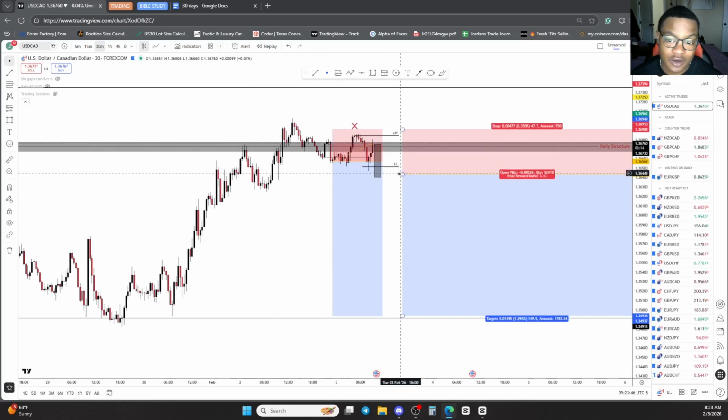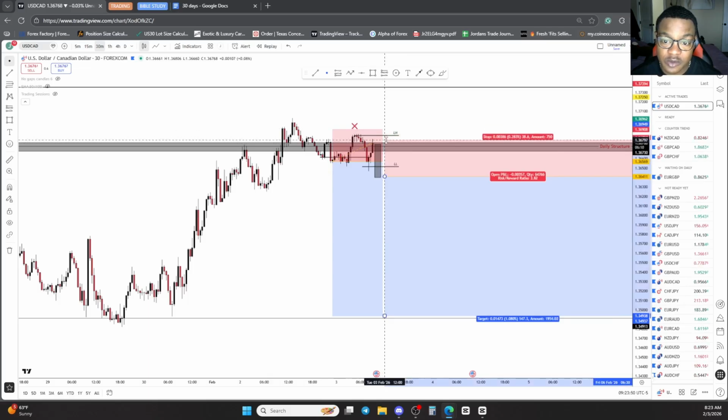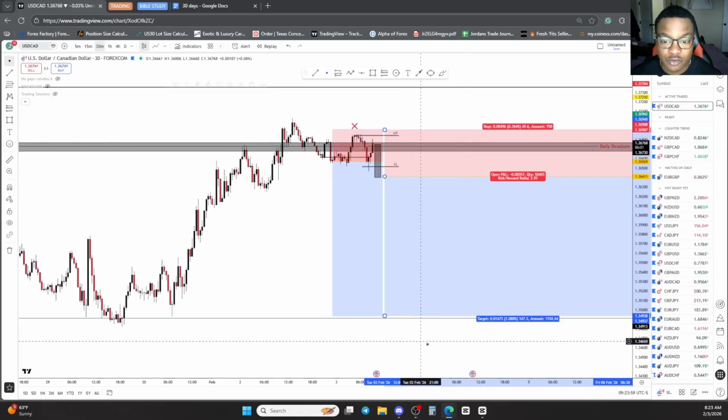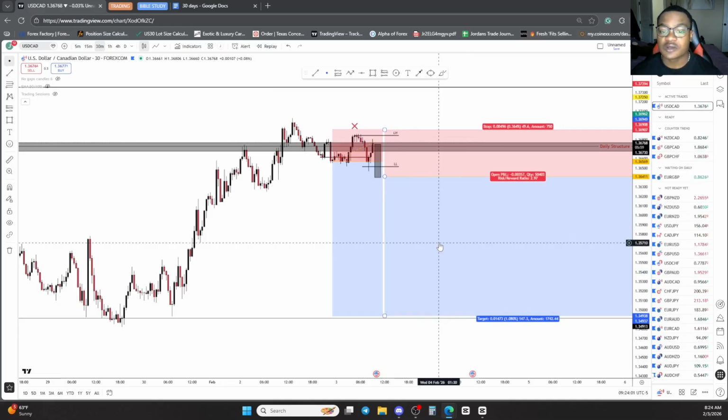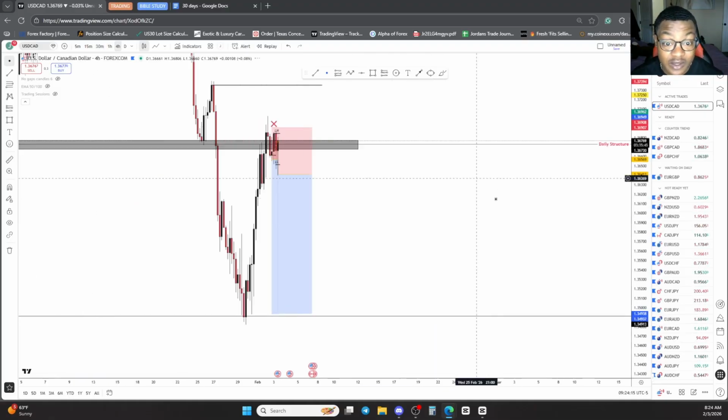Now look at our entry point. We will have that bearish engulfing. We then put our stop loss. We start at the top of this bullish candle. You see us at 39.6. I simply add 10 pips, putting us at 49.6. And look how cleaner this setup is. Stop loss is not too tight. We have enough breathing room. I have my take profit at the same area, now getting back a 1 to 3. This is still a good risk reward, meaning that this trade is still a good trade.